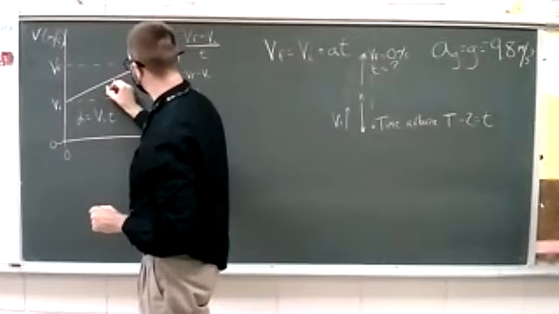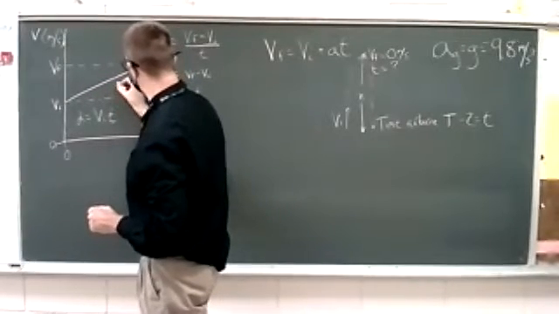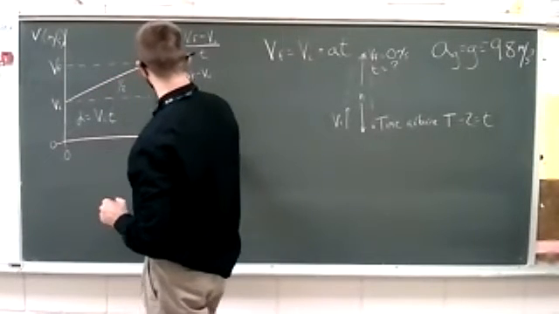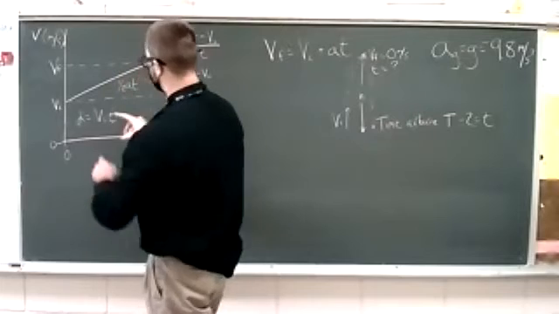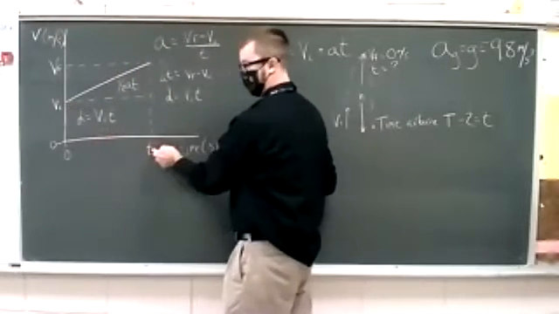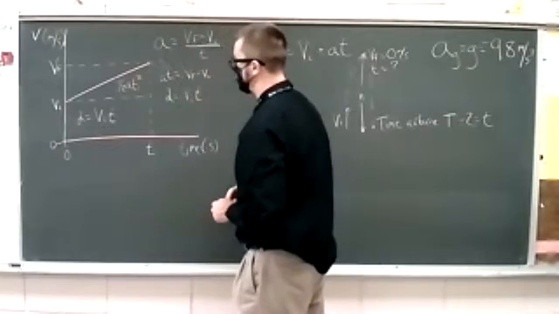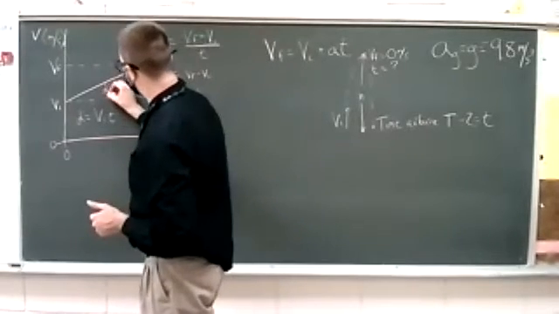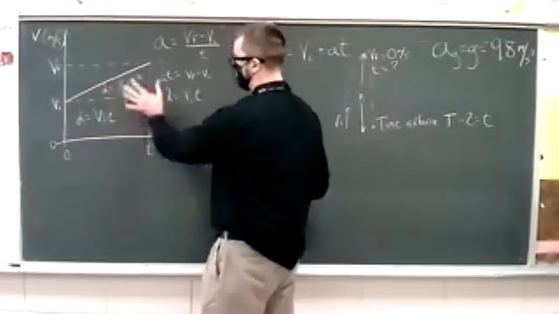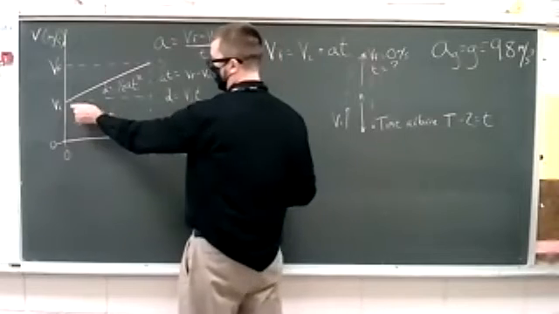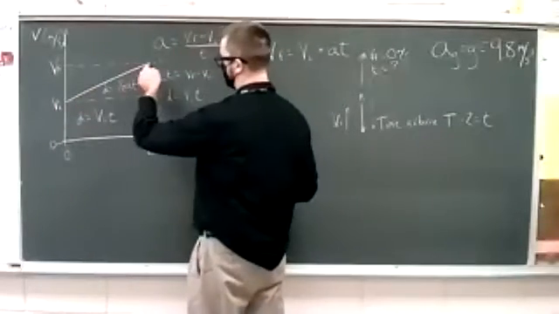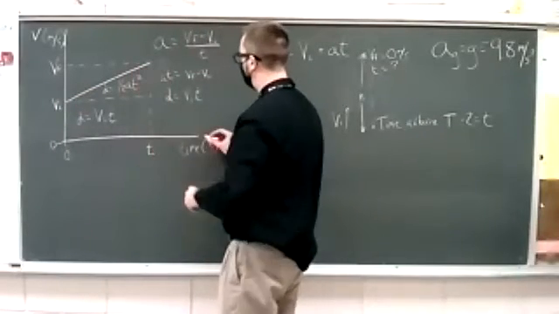So we know that the area of this triangle right here is going to be 1/2 the base, AT, times the height, which is still T. So 1/2 AT times another T is 1/2 AT squared. And so that's another piece of the distance. So the total distance that's covered when an object accelerates from some initial speed to some final speed over time T is equal to